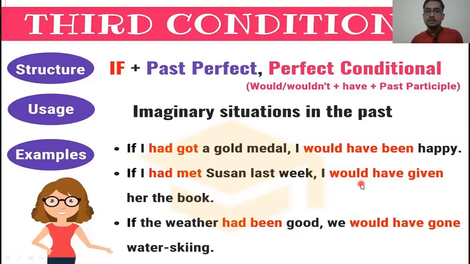So what are the basic things? Like basic things are that sometimes you can use here, instead of if, you can use had. Like if I had got a gold medal, instead of this type of sentence, you can use had I got a gold medal. Had I got a gold medal, if টা বাদ দিয়ে দেওয়া যায় had দিয়ে, সেন্টেন্সের had কে দিয়ে if কে রিপ্লেস করা যায়। তো এই এক্সাম্পল গুলো হচ্ছে এক্সেপশনাল।